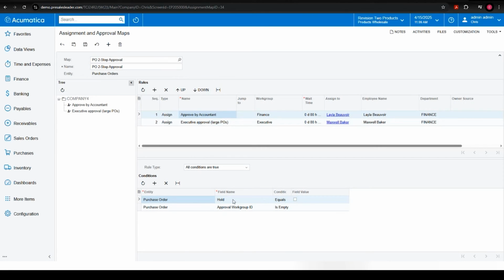So if we look at this one first, you can see if any PO is entered and it's removed from a hold status, meaning we received it and we're entering it into the approval process, hold equals null or not checked off, and the purchase order work group ID is empty, which means it hasn't been approved yet. The approval work group ID automatically populates once it's been approved. So the first line of defense here is going to be Layla, who's going to approve that. Then we also have another rule that says if it's off of hold,